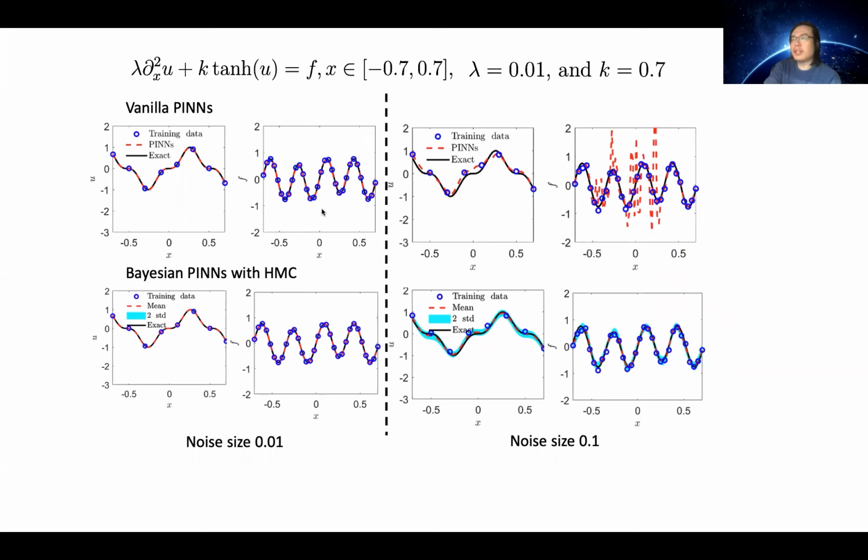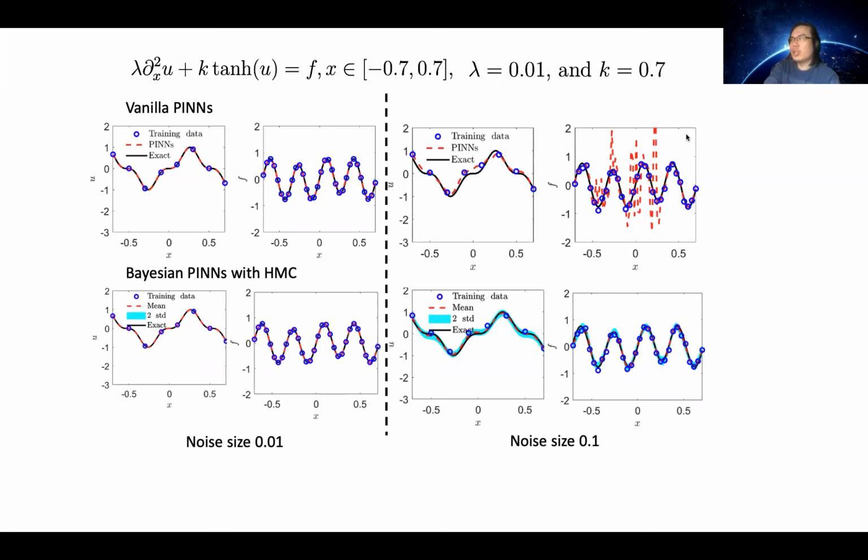And then it's just a comparison with vanilla neural networks. This one is a 1% error. This one is a 10% error. The first row is for vanilla PINNs, which is just what I introduced in the first section, and the second row is the Bayesian PINNs with HMC. In this problem, they both work well. There's no significant difference. But in this one, you can see that vanilla PINNs totally failed, and also here is kind of bad.